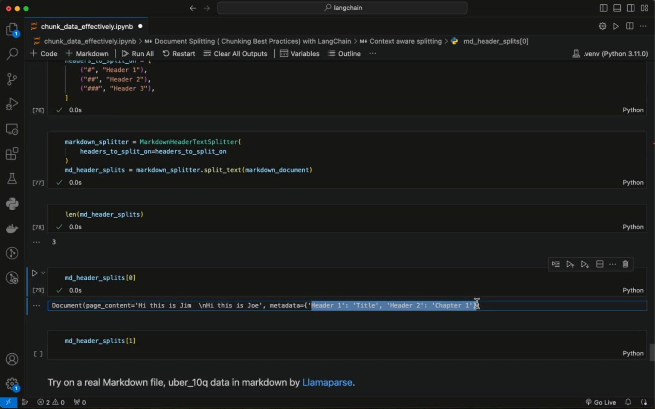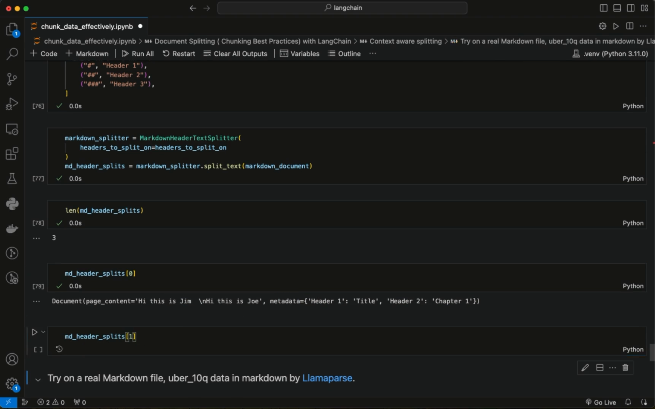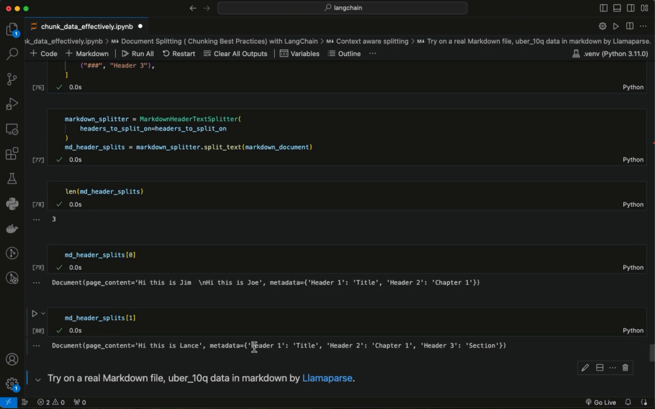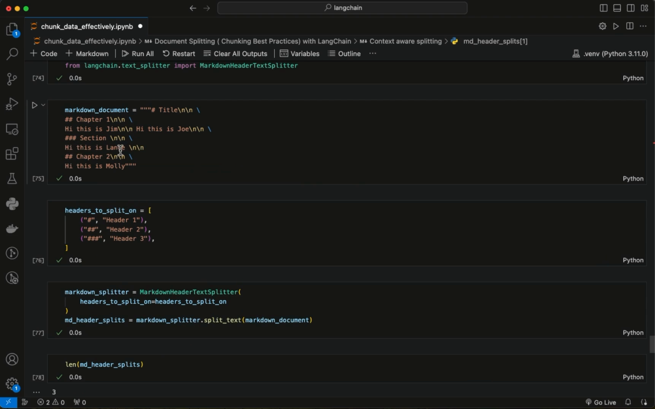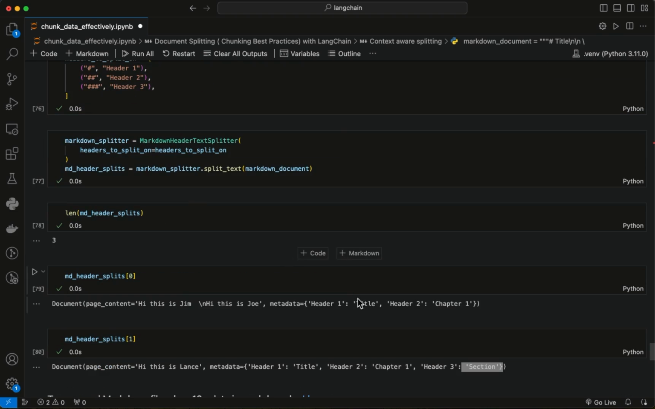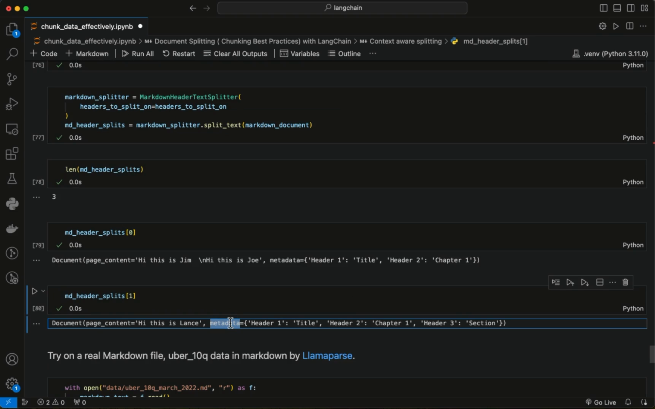This is really important when you have markdown documents, because if there is some answer, you need to understand from which header and from which subheader, or header 2, the source is being taken. And if you go to the second split, you can see there is the header title, and header 2 chapter, and even header 3 is the section, because it says, hi, this is lens. So that is coming from this title, this chapter, and this section. So we have these 3 levels preserved in the metadata,